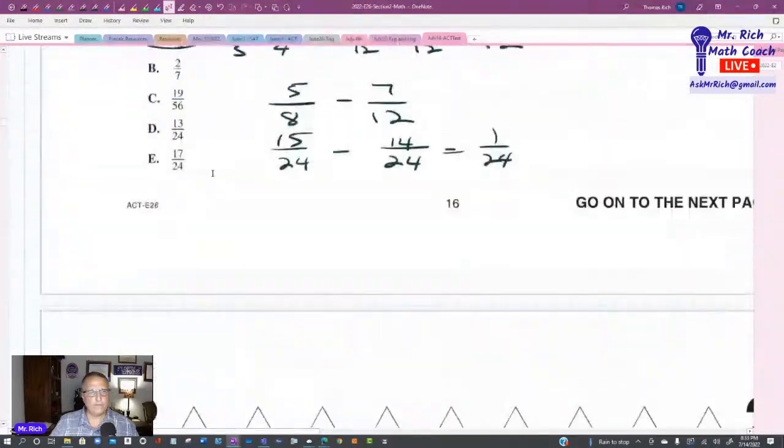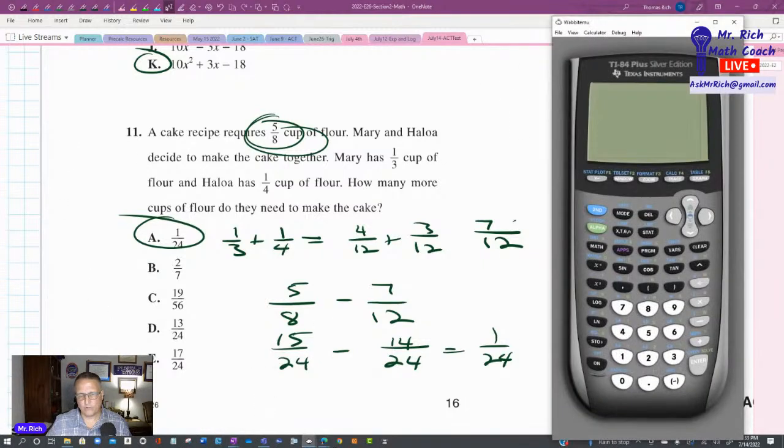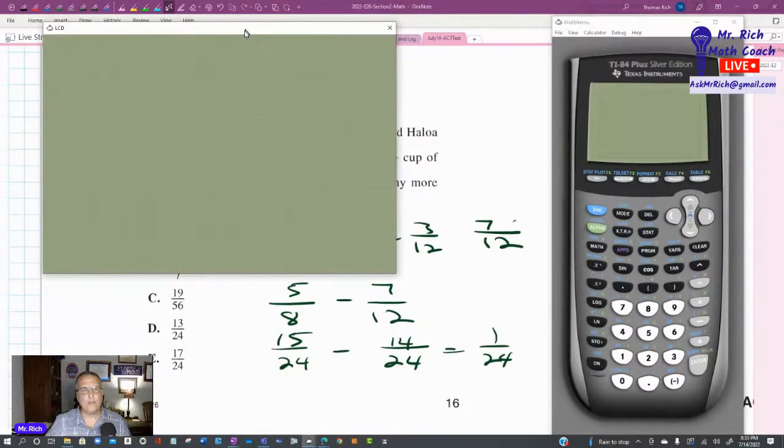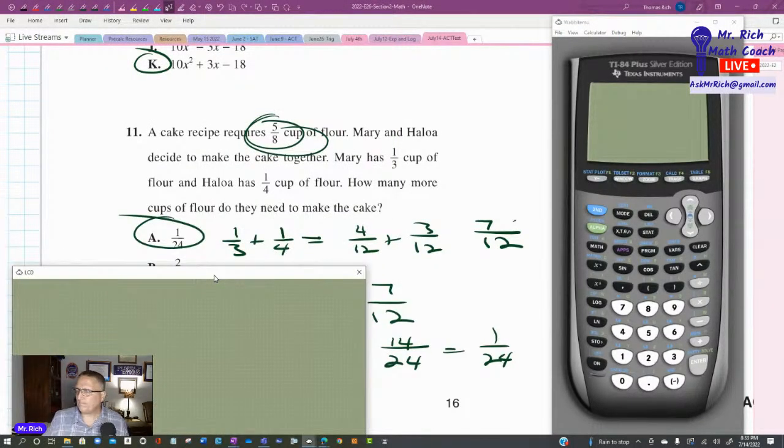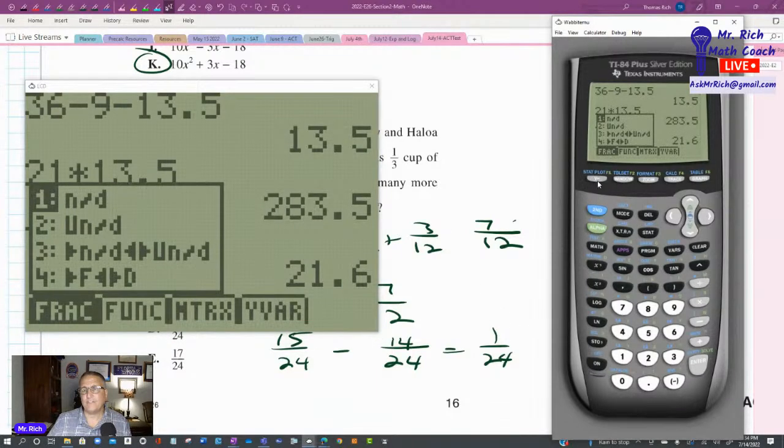Let me see if there's anything I want to mention about what methods I used here. Now, on number 11, it was a fraction problem, right? All fraction math. If you're not comfortable doing fractions as fast as I did those, you have the option of using your TI-84, right? And let me just show you, in case you don't know how to enter fractions onto your TI-84. I was doing 1/3 plus 1/4, right? If you wanted to do that on your calculator, alpha F1, if you have a TI-84 and you got one of the later operating systems on it, alpha F1 pulls up this menu, and when you